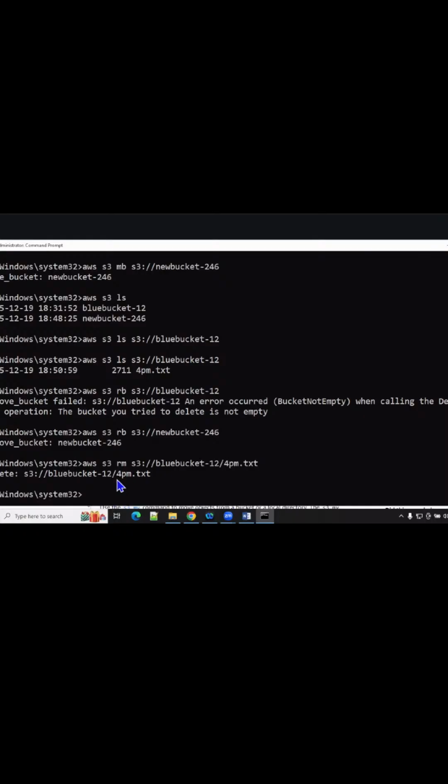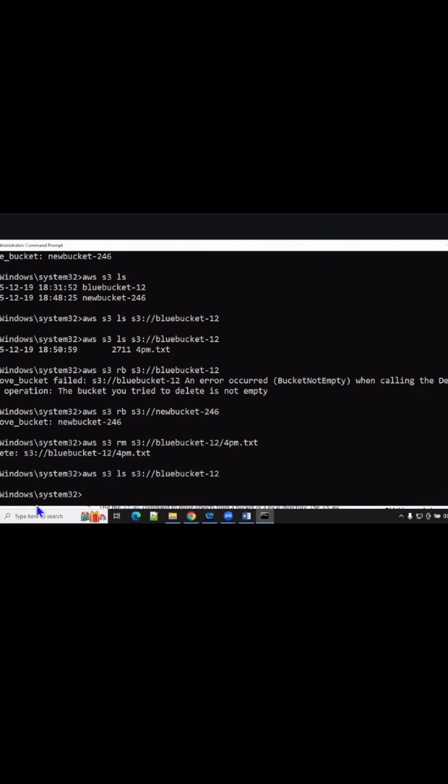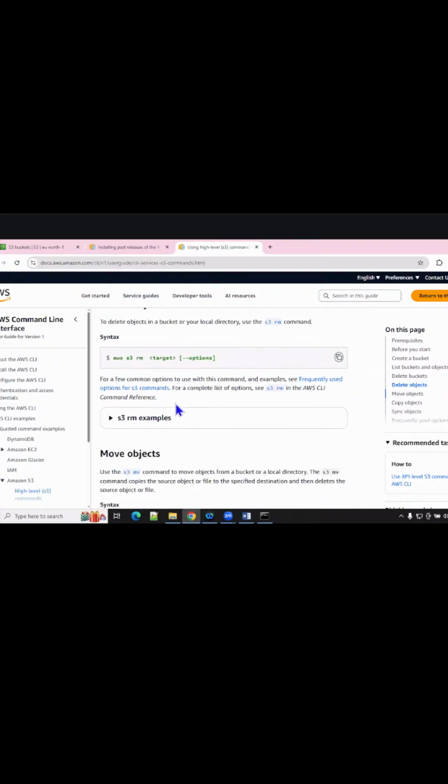See guys, delete S3 so and so object. So let's check the list. Do we have the objects in this bucket? How to check the list? AWS S3 LS, then bucket name S3 colon slash slash blue bucket hyphen 12. There are no objects. It got deleted. I hope you're clear, guys, how to delete the bucket, how to delete the objects, right? Next,